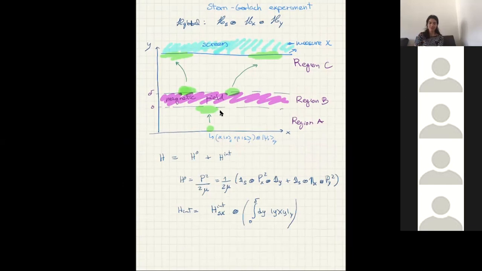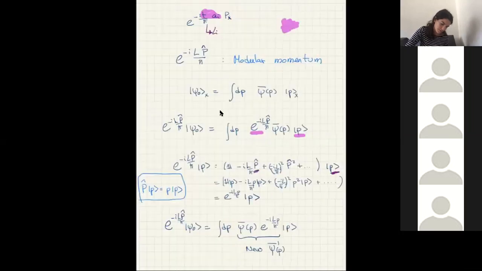Now, some caveats. As I said, what happens in reality in this magnetic field is not exactly this Hamiltonian that we want to implement, but we looked at an ideal case. We've also not looked exactly at what happens in this region. So what happens here, by the way,